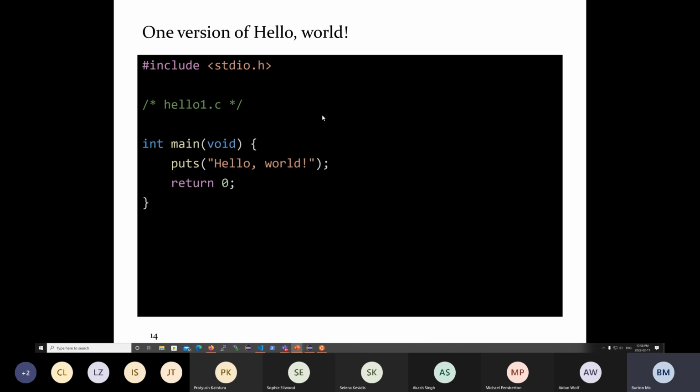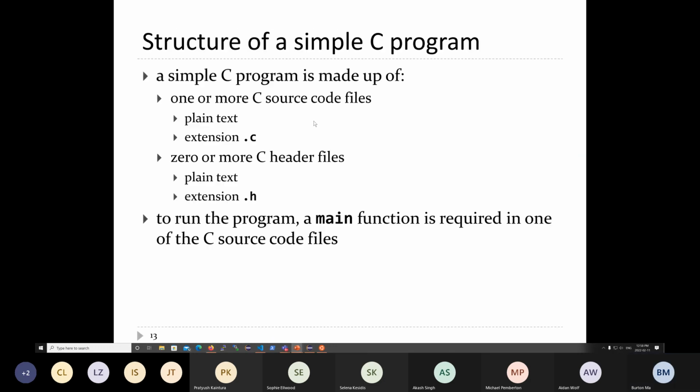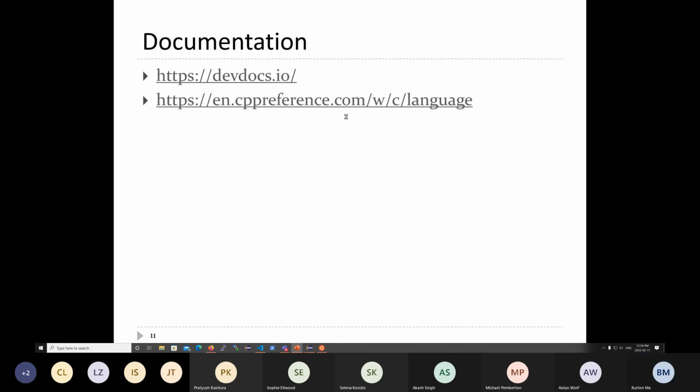stdio.h, that's the header file that defines all of the standard library input and output functions. If you hit up one of those, sorry, here. So if you click on one of these links here,